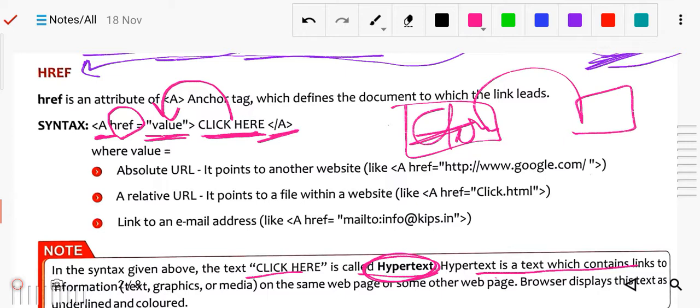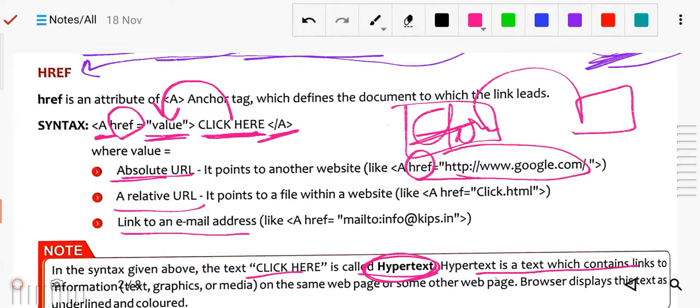There are again types: absolute URL, relative URL, and link to an email address. Absolute URL means the a tag with the href attribute, and there is the address of the website. This is the absolute.